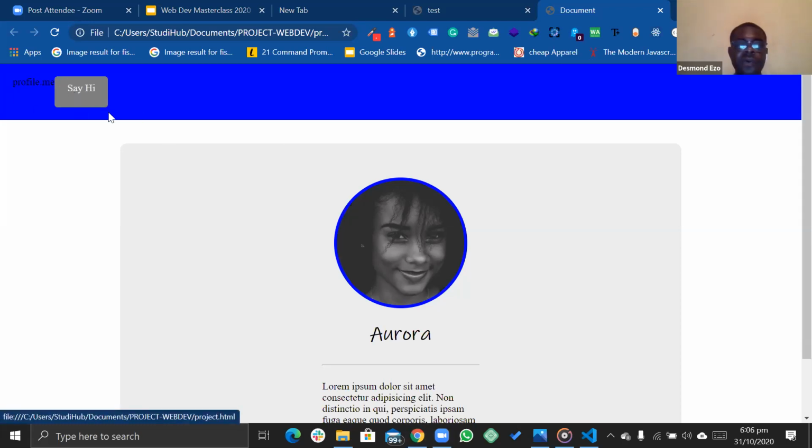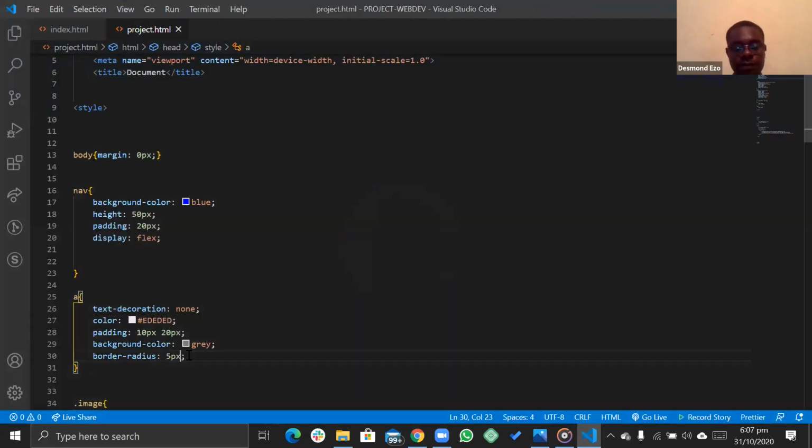Now we notice that majorly what we've been doing is just adding properties and properties and properties. You can style any website to your taste. So adding this property, we're going to fix it to make it centralized here. Border radius 5 pixels. What else do we need to add? Padding. So let's see.